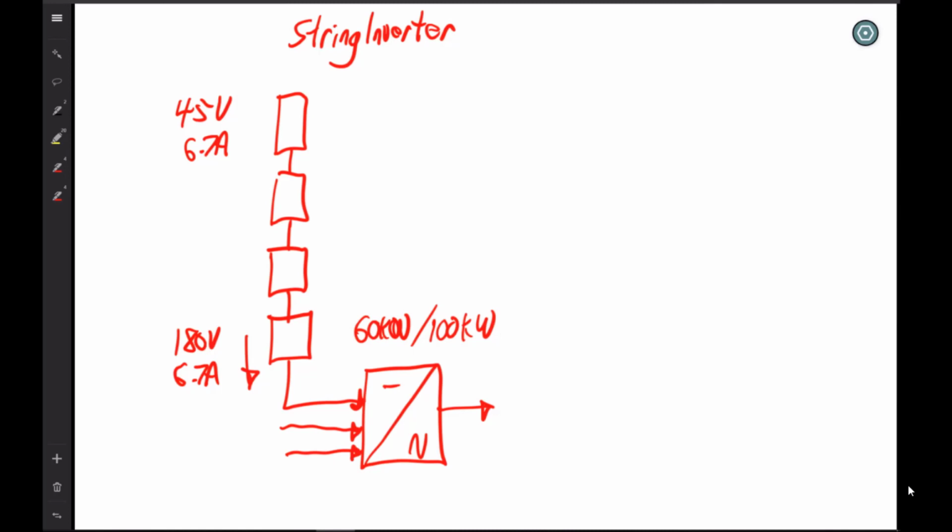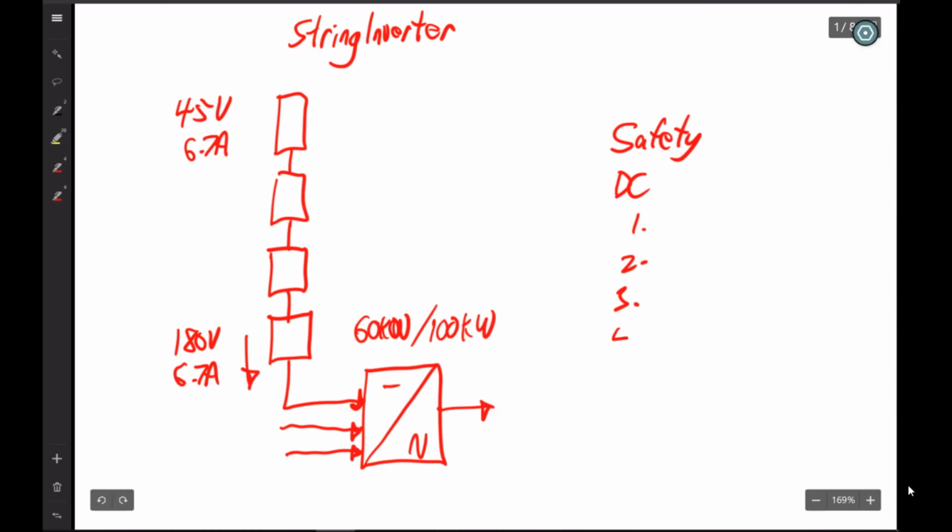So let's talk about safety on the DC side. There are 4 ways that we can guarantee the safetiness of this. So what size conductor do you put on something like this? It's 6.7 amps. There's a few safety factors that come in. A lot of strings could be sized at number 12, but typically our customers require number 10 on their DC